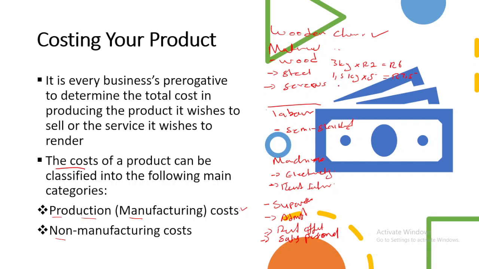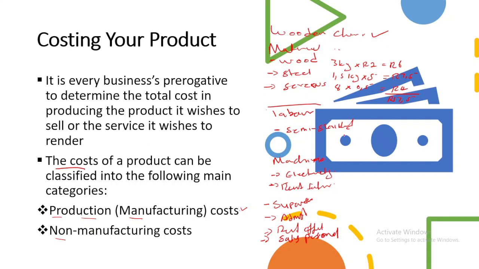And then in terms of screws, it needs, let's say, 8 screws, and each is costing us 50 cents. So therefore this means that for 8 of them we're going to pay 4 rand. And therefore in terms of material cost, the total will be 17.5. So meaning that this is the material cost for producing one wooden